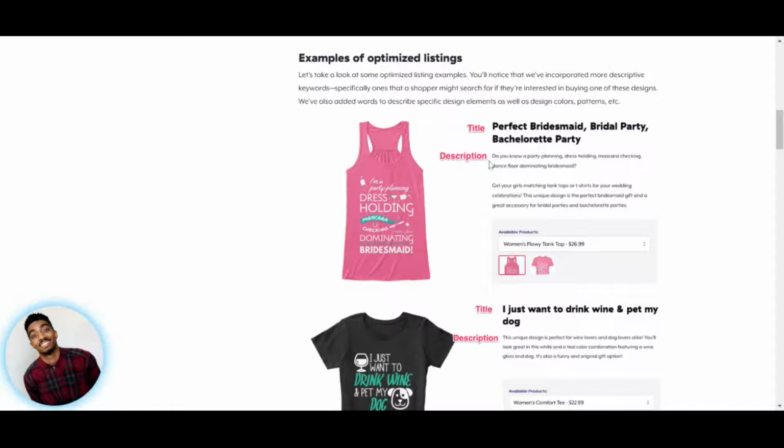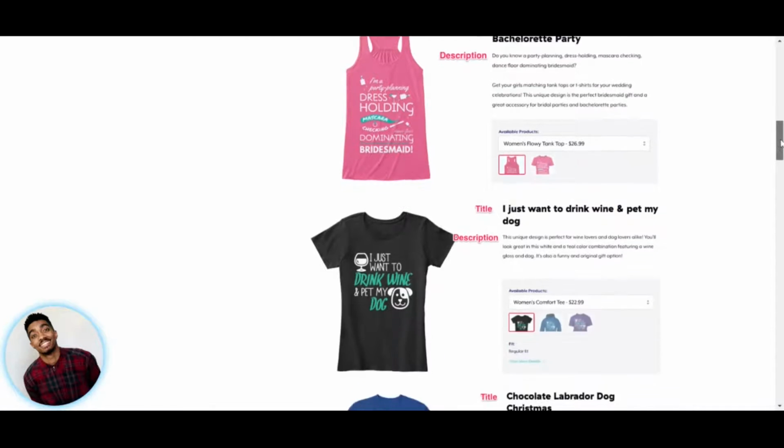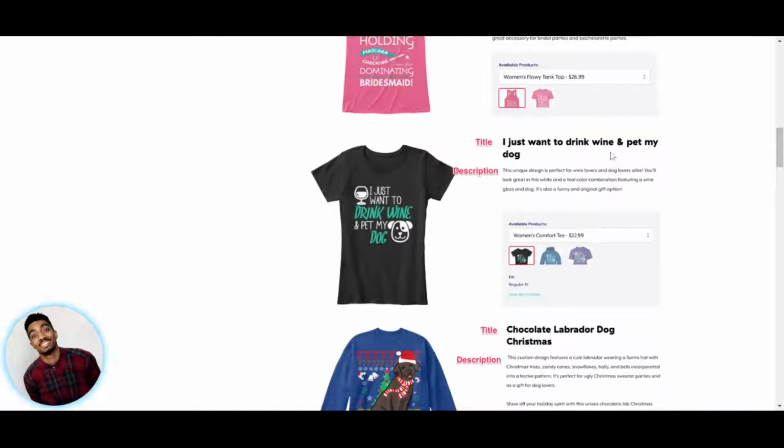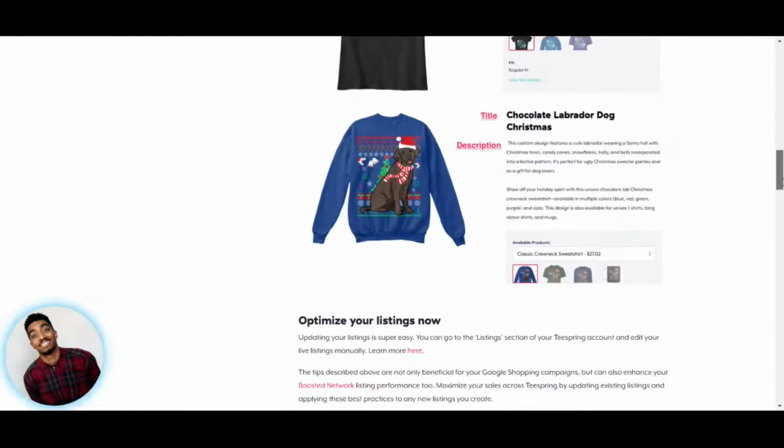I would use this if you are, for example, creating a shirt like this. Just take this exact wording and change it around to fit what your shirt or tank top or hoodie is about. Same way with this section here. It just lists the actual title of the shirt and then goes in to describe it further. This other one down here is a little bit different. It's Google optimized. So this is a term that would be good to search on Google to find this shirt.